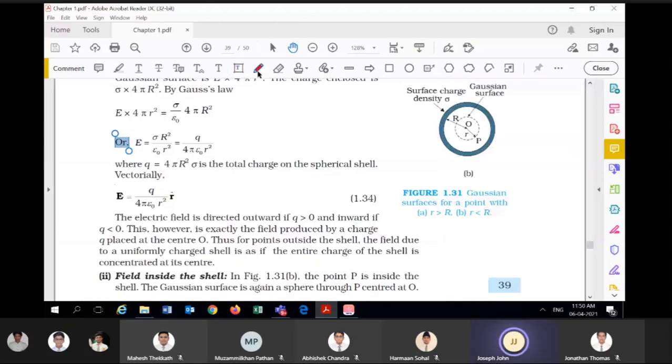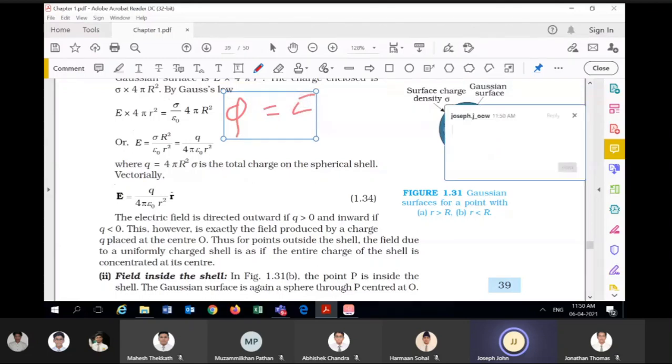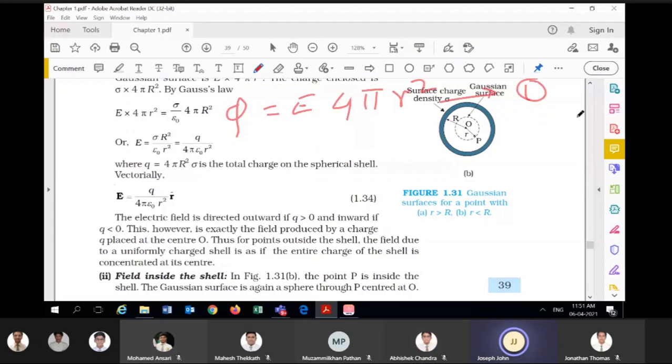So the steps are similar to that, so I can cut short fast. Flux phi is equal to E into 4 pi r squared, you know. Question number 1. Normally, area, E into delta S is the formula. E into delta S, the area of the sphere is that. Flux of the question. Then according to Gauss's law,